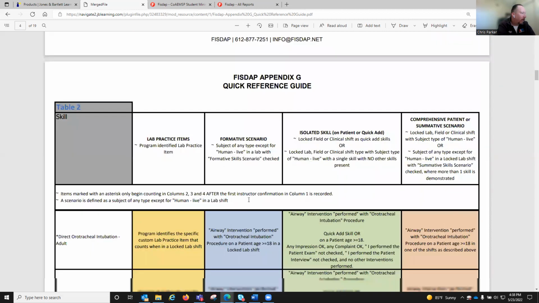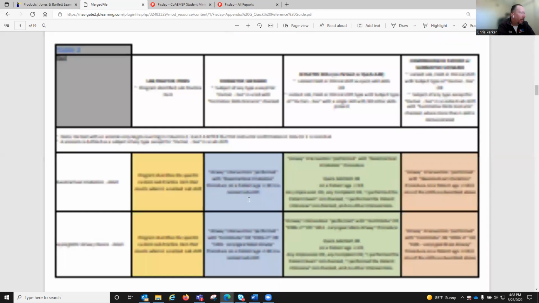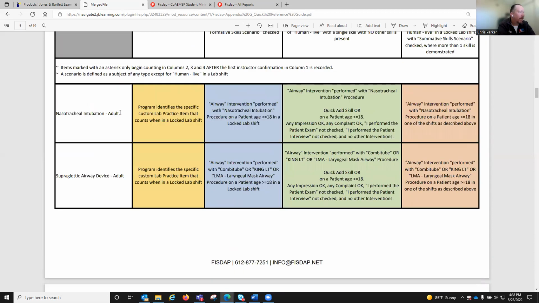Same thing, if we go down to, let's say, nasotracheal intubation. If it's in a formative scenario from column 2 of table 2, airway intervention performed needs to be clicked on when you click on the skill, and you need to click on nasotracheal intubation in a patient that's less than 18 years old in a, I'm sorry, greater than 18 years old in a locked lab shift. Okay, so again, I would go through this document, have it readily available to you so that you can